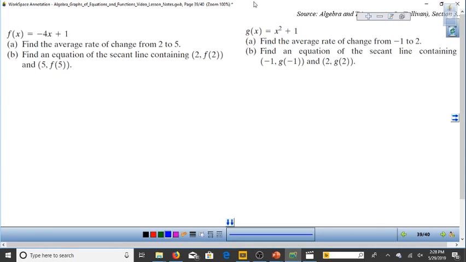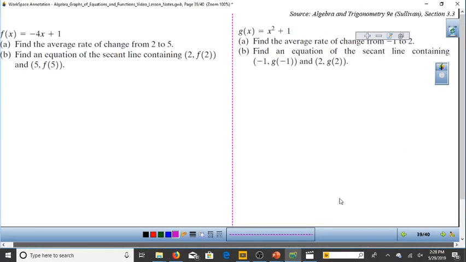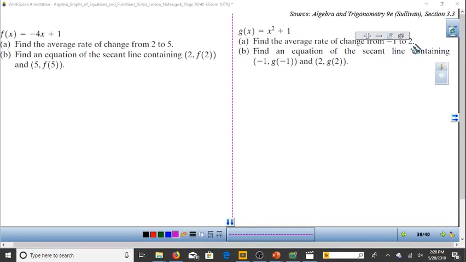Okay, so the questions are from Algebra and Trigonometry by Sullivan, section 3.3. So we take a look at the first question, which says,